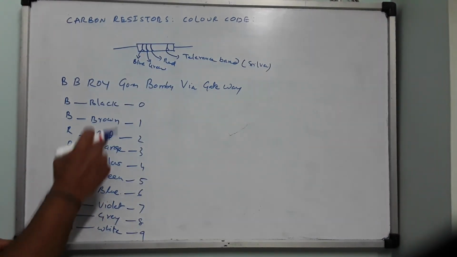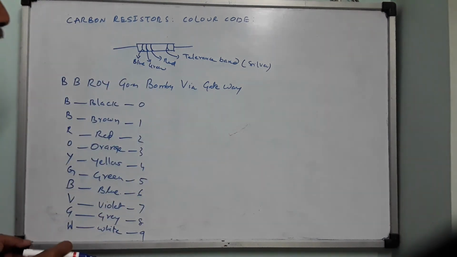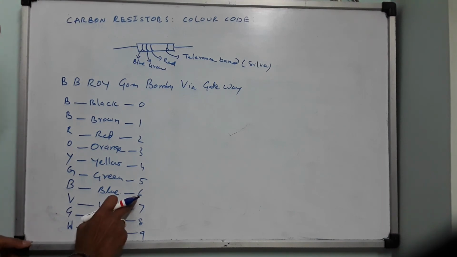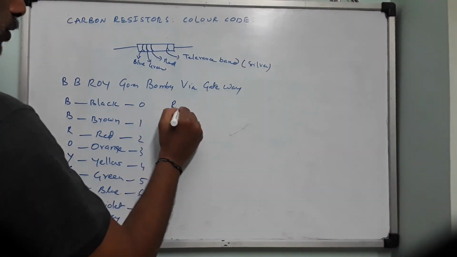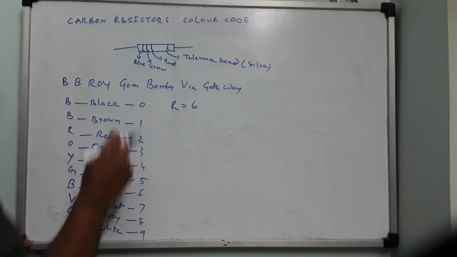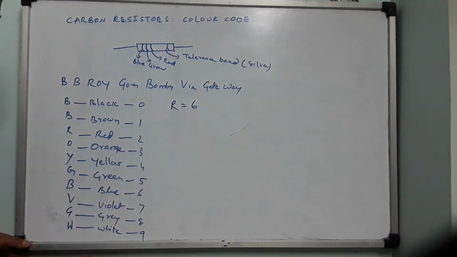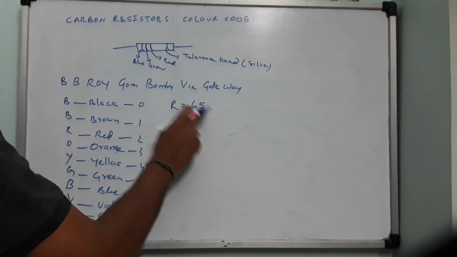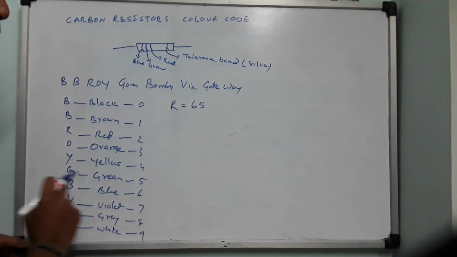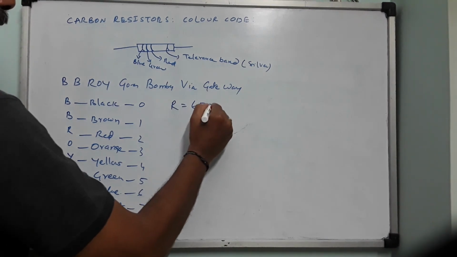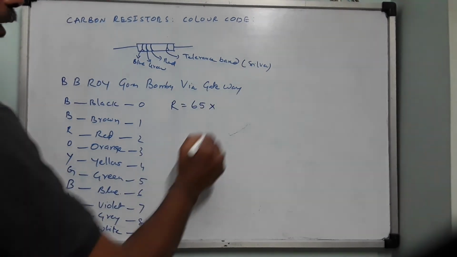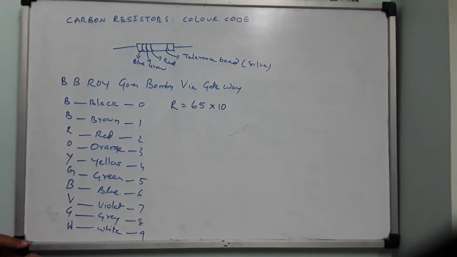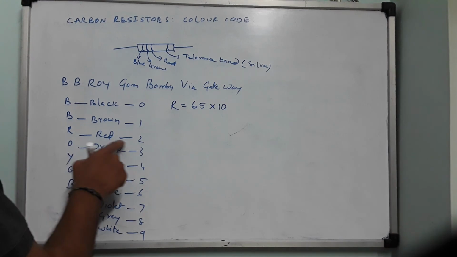Fine? Okay. Now, how to calculate the resistance of this one? Now blue, you see. Where is blue? Blue is here. So its weightage is what? 6. So resistance R equals 6. Next color is what? Green. Where is green? There is green. Weightage is what? 5. So two significant figures. Fine? Then red is nothing but a decimal multiplier, meaning into 10 power. Right. What is this red? Red is nothing but what? 2.